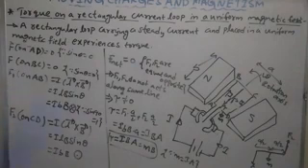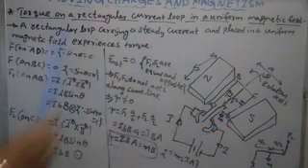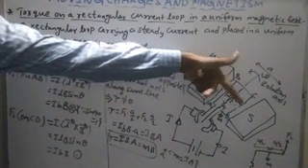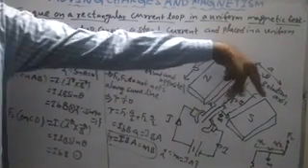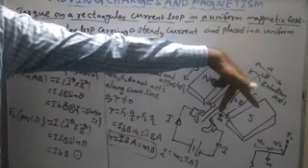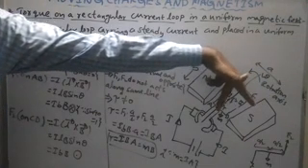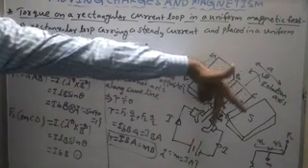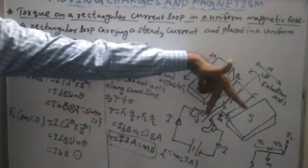Then what is the direction? Here the current direction is reversed, so the force direction is also reversed. Again apply Fleming's left hand rule. The forefinger represents the direction of the magnetic field, the central finger represents the direction of the current, and the thumb indicates the direction of the force acting on the conductor. What is the significance of Fleming's left hand rule? By using it, we can determine the direction of force acting on the conductor.